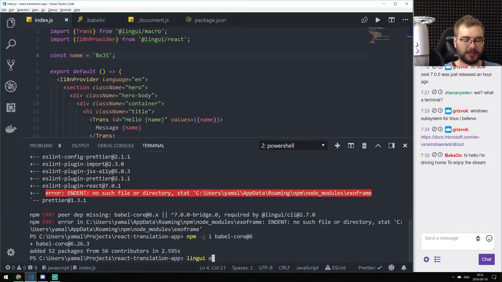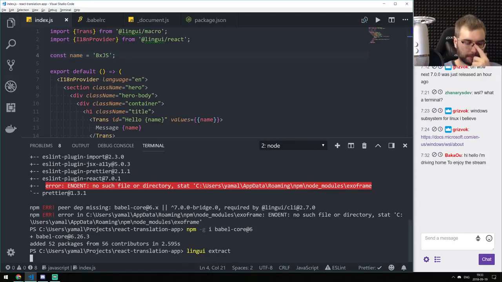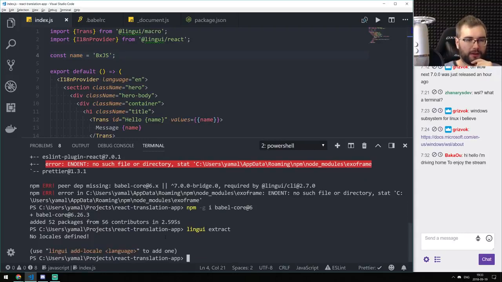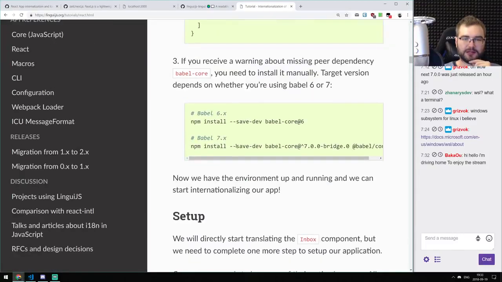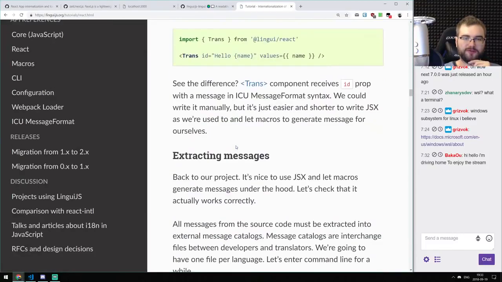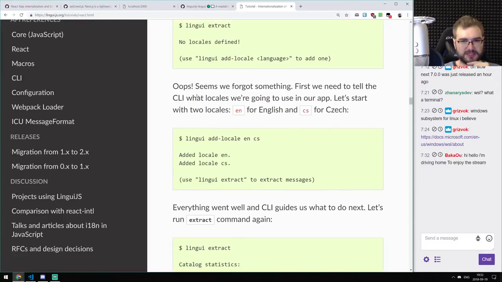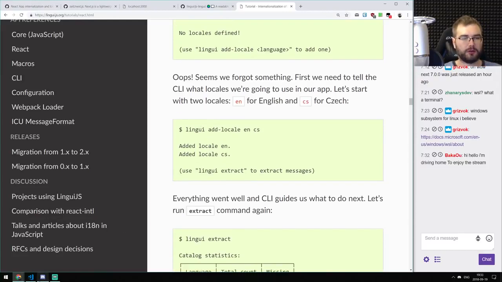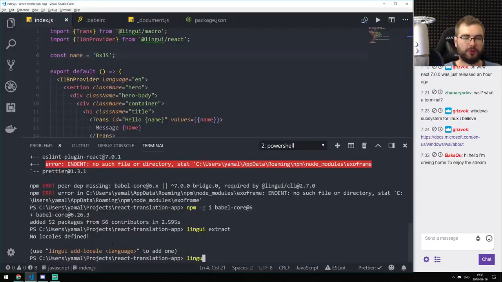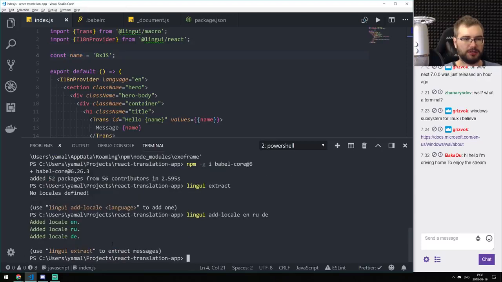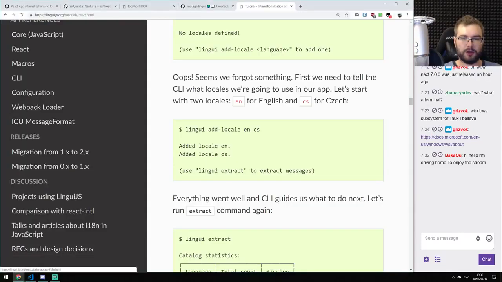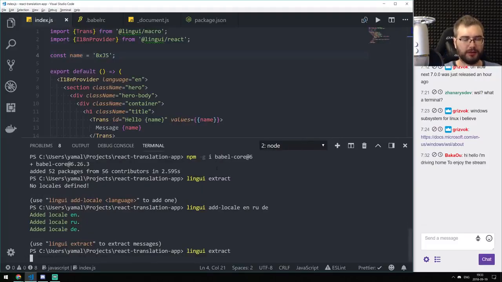Lingui extract is what we want to run. Okay, there we go. No locales defined. Cool. I think that's expected, right? So this is exactly what we should have seen. Yes. Okay, so now we have to add locales. So let's say lingui add-locale. Is it just add-locale? Yes. Okay, so we're gonna go English, Russian, and German, because at least I know those languages somehow. And now we're gonna run extract,